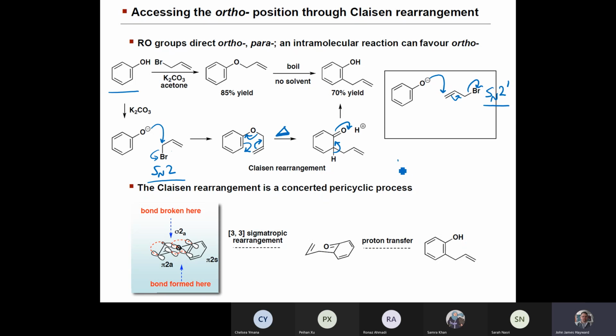So, for example, if you took that and you treated that with base, you would get butadiene, and that would be an E2 prime reaction. In the case of allyl bromide,